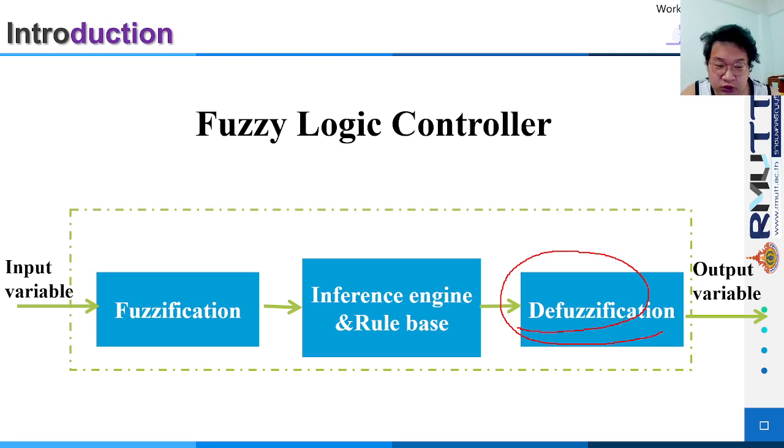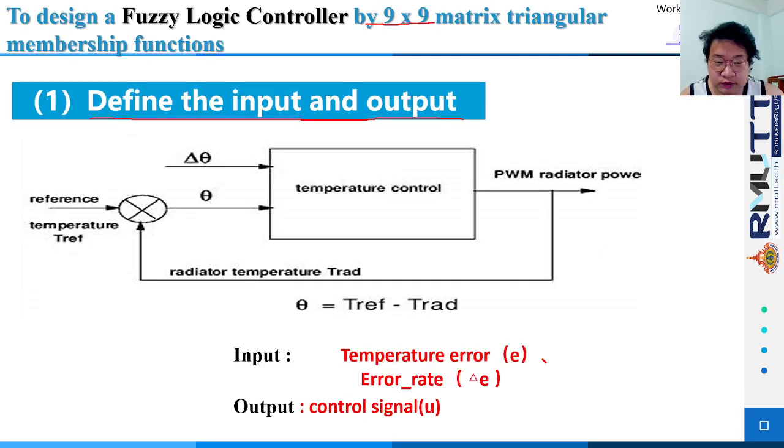If it's very hot, it increases the cooling force, which is a simple application of fuzzy logic controllers in practice. And next, we will focus on designing a fuzzy logic controller by 9 times 9 matrix triangular membership function,